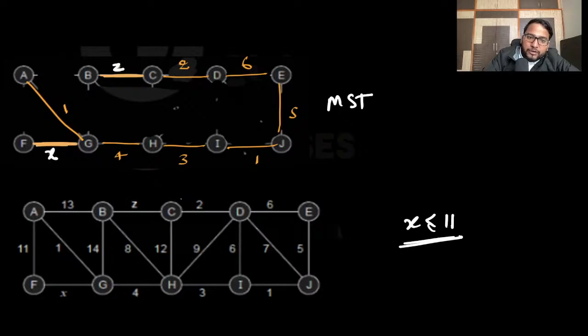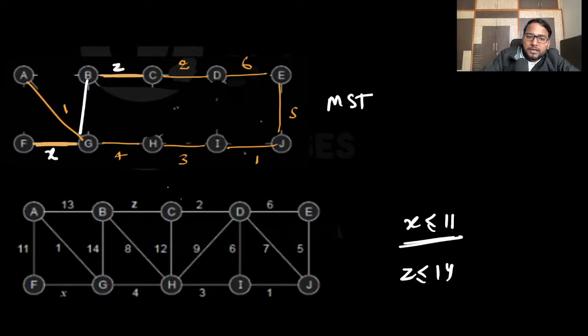Which will form the cycle with Z? If you bring this 12, it will not form, right? So which will form? If you bring this 8, I think this 8 will bring the cycle, right? So this 8 is bringing the cycle and 14 is also bringing. So among 8 and 14, you will say, see, Z must be less than or equal to 14 because 14